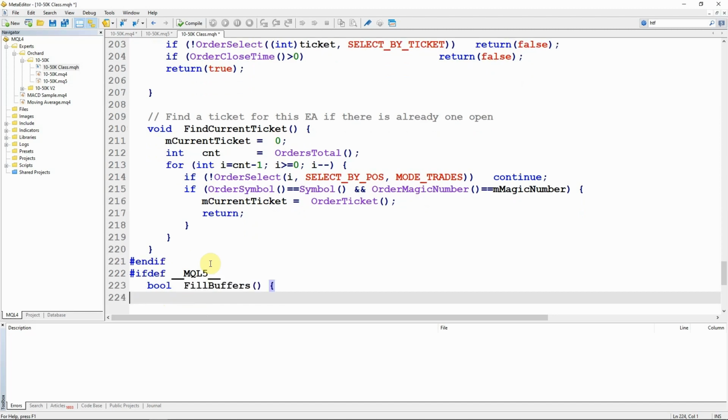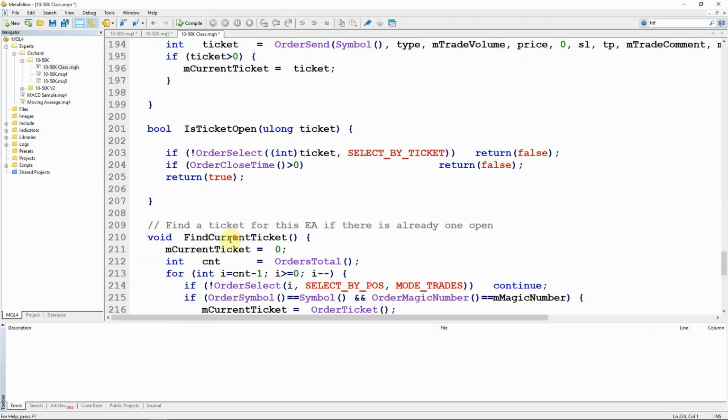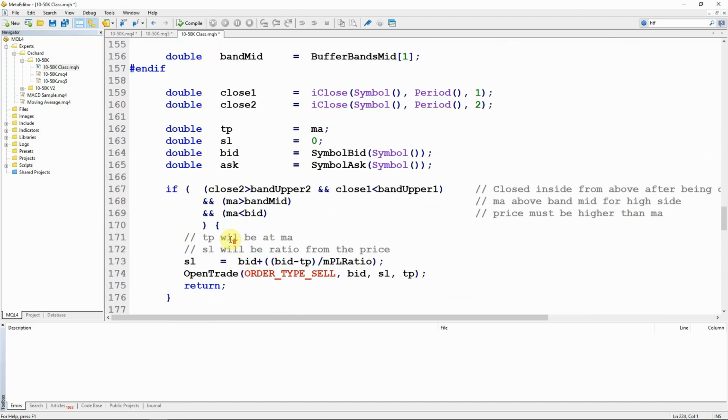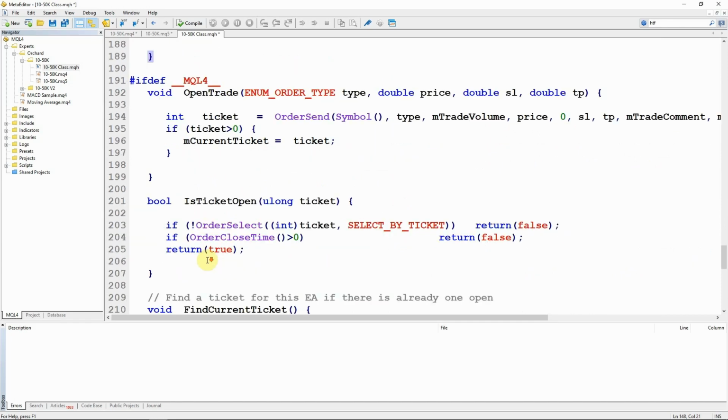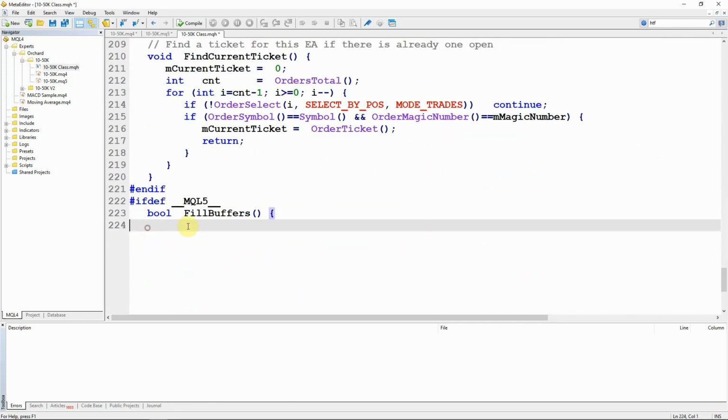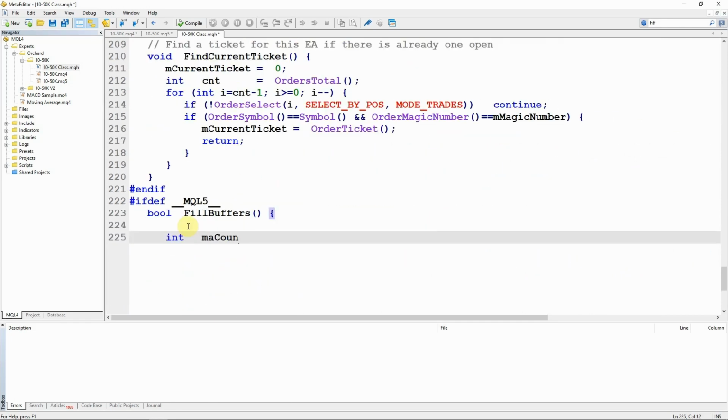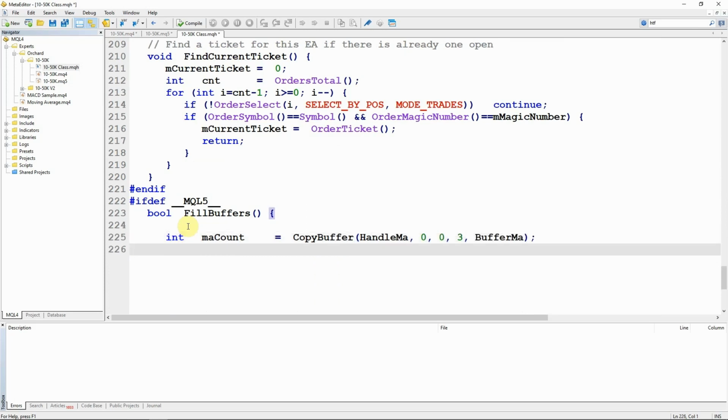So now the Metatrader 5 functions. And the first is that fill buffers function, which I didn't use at all for Metatrader 4. It is here, and that's where I'm getting the values of the indicators into these buffers. I'm doing that with this copy buffer function.